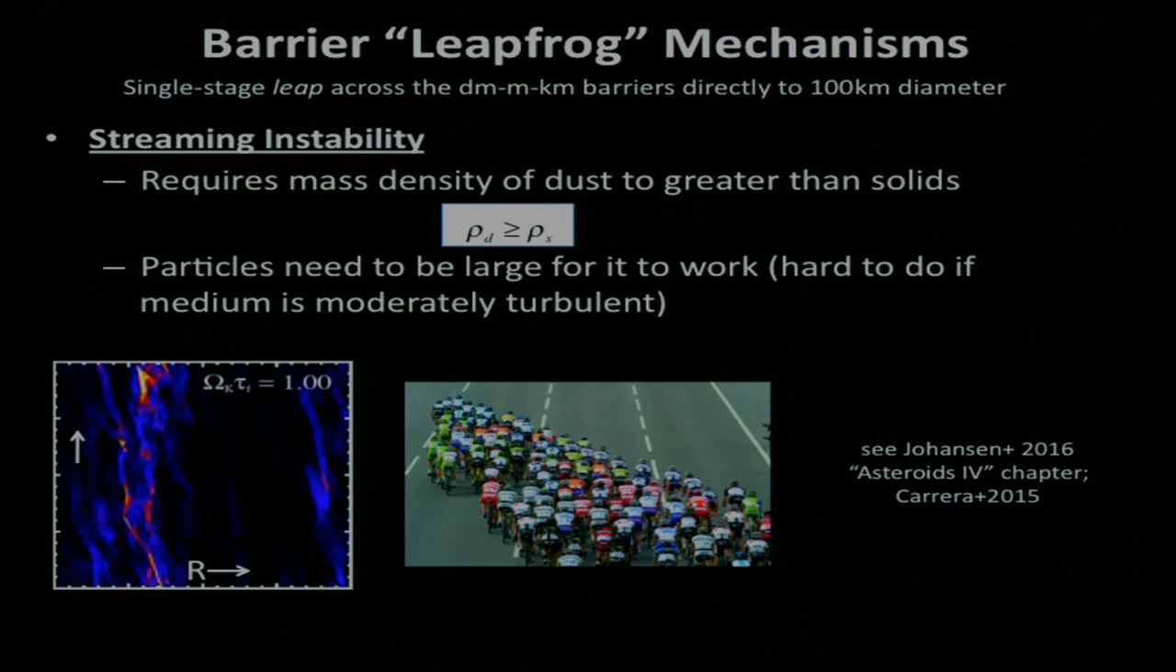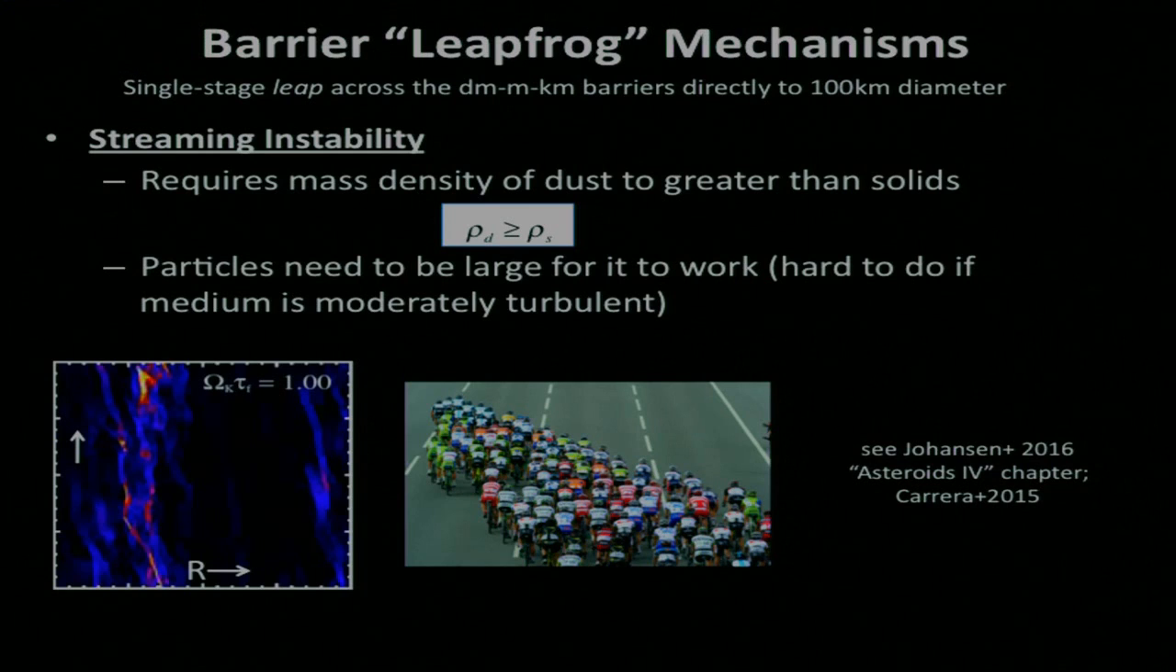One of them is called the streaming instability, and this had been kicked around by theorists for the last 15 years or so, and essentially is a process which requires that the gas and the dust mean densities be about the same. So it's a very late stage in a disk evolution, and once that's the case, you can think of it like an aerodynamic drag effect, like you see here in this Peloton scenario, where you get a group moving, and because of the aerodynamic drag